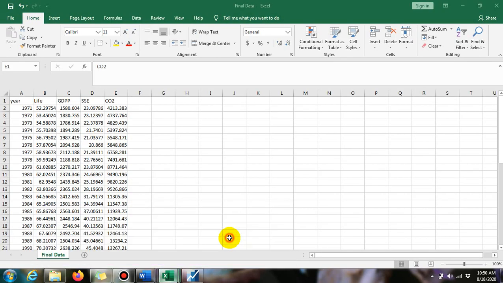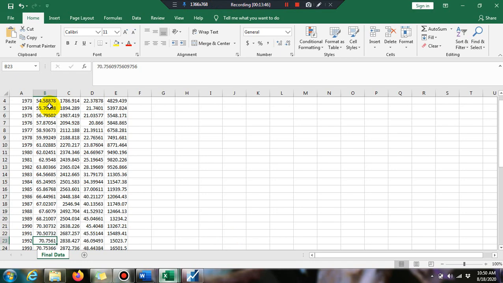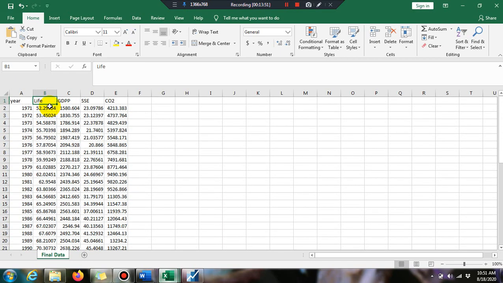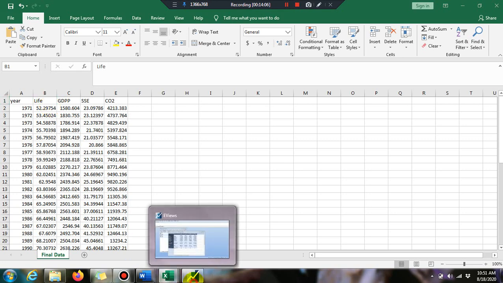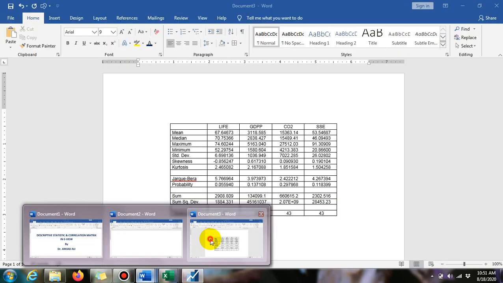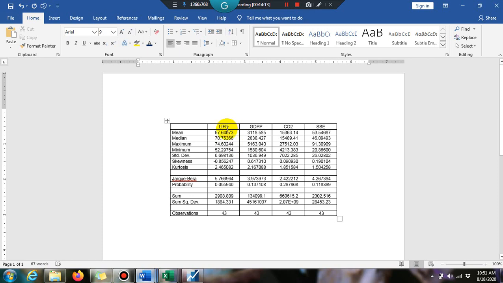When you see the data in Excel, it is the whole series, and it is very hard for us to understand the mean value of this series, and what the highest and lowest, minimum and maximum values and the standard deviation are. So this outcome enables us to get an overview of the descriptive stats of a series.